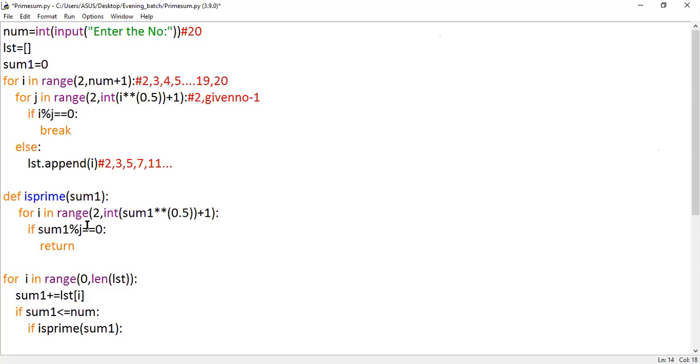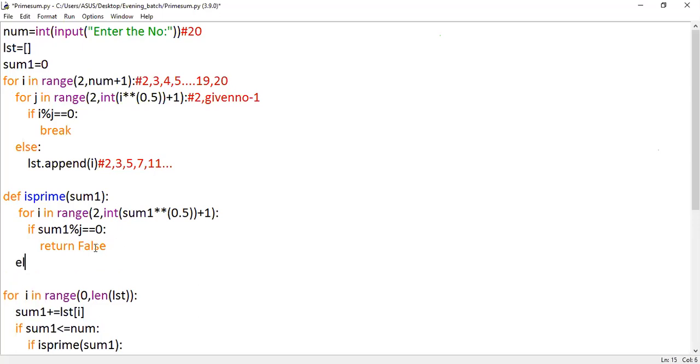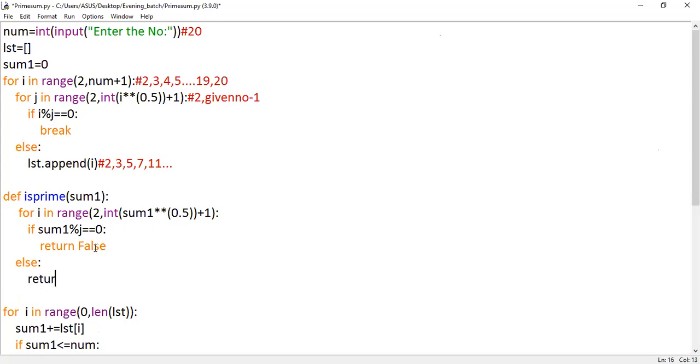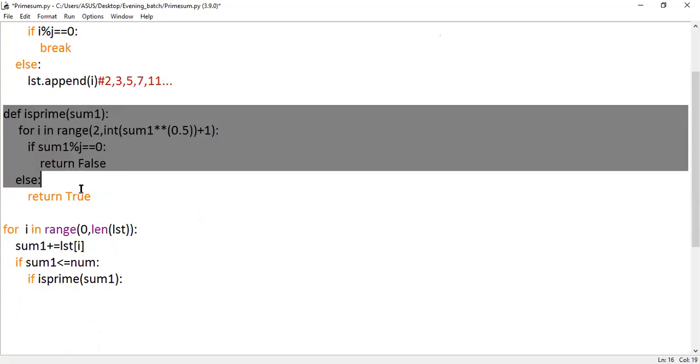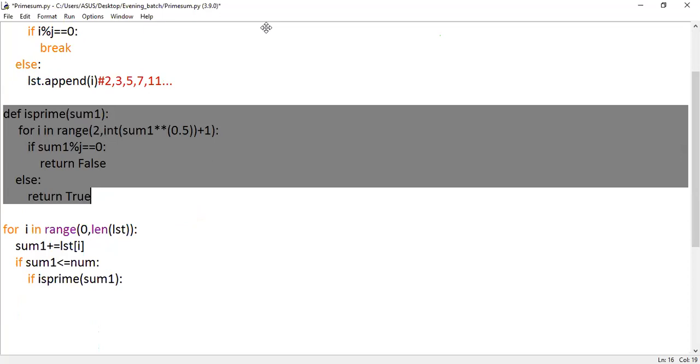If it is a prime number, we are supposed to return true. Else we are supposed to return false. I'll be returning false here if this condition is satisfied. Else, throughout the program when everything goes smoothly, we return true as the output. So this is done. A very simple logic here, guys. I didn't write any complex logic. Whatever is passed inside, it is going to tell us whether it is a prime number: it throws true if it is, and false if it is not.